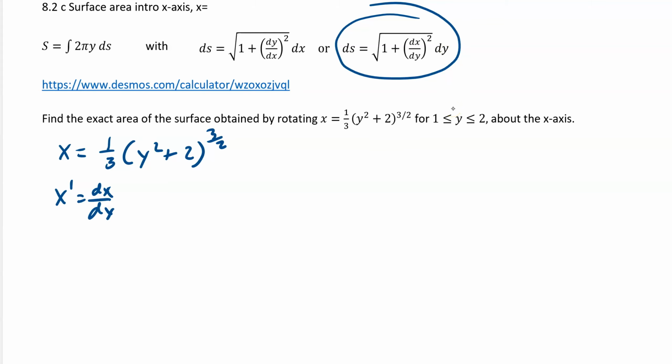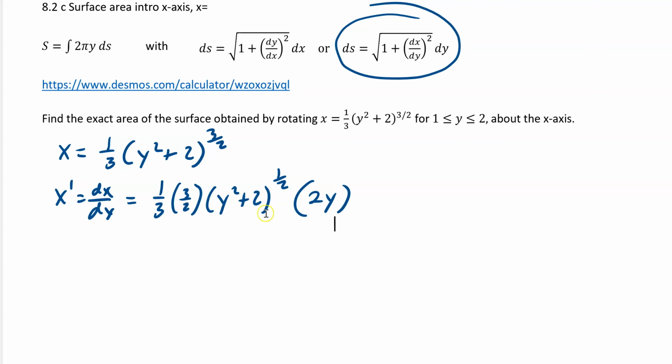All right, so if we do our 3/2, we would get 1/3 times 3/2 (y squared plus 2) to the 1/2, and then we have to multiply the derivative of the inside, which is 2y. Okay, now we just have some simplifying. So that 2 cancels, 3 cancels. So let's do some canceling. All right, we end up with y times the square root of y squared plus 2. And we're going to actually put the square root because the next step,